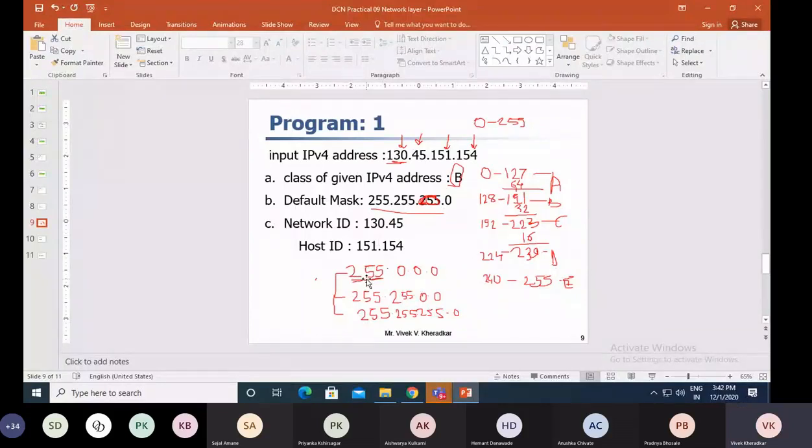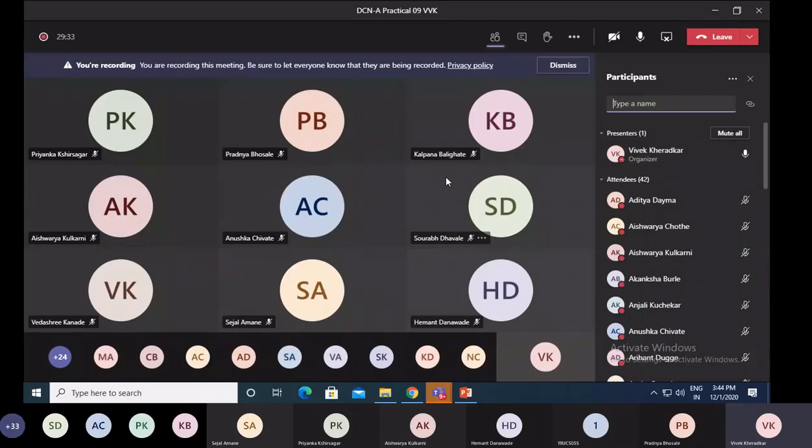So now the discussion is open. Tell me how to solve this program. Tell me the programming logic. Are you aware of sprintf and scanf? Yes, sir. That is the way where you have to separate the decimal numbers by the dot. So first, tell me which data type is required to input the IP address.